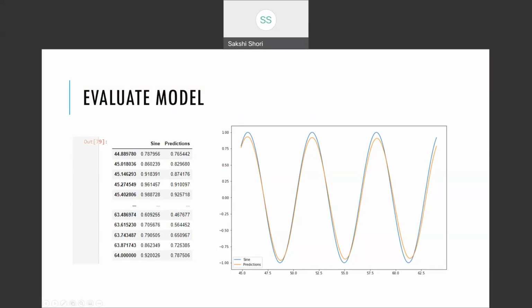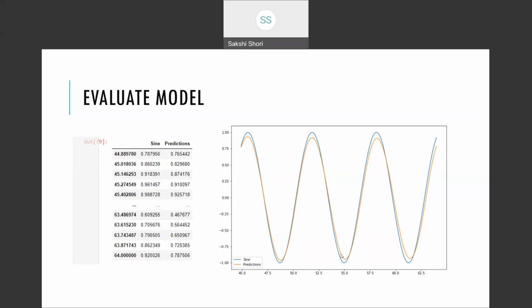It's pretty good as it doesn't show too much overestimated or underestimated values with respect to the original sine wave, right? The error from the predicted value reduces big time to predict correctly, and the original sine wave and the predicted sine wave do not have huge gaps, right? If you see there are gaps, it's not the exact estimate or prediction that has been done, but the gaps are not that big.